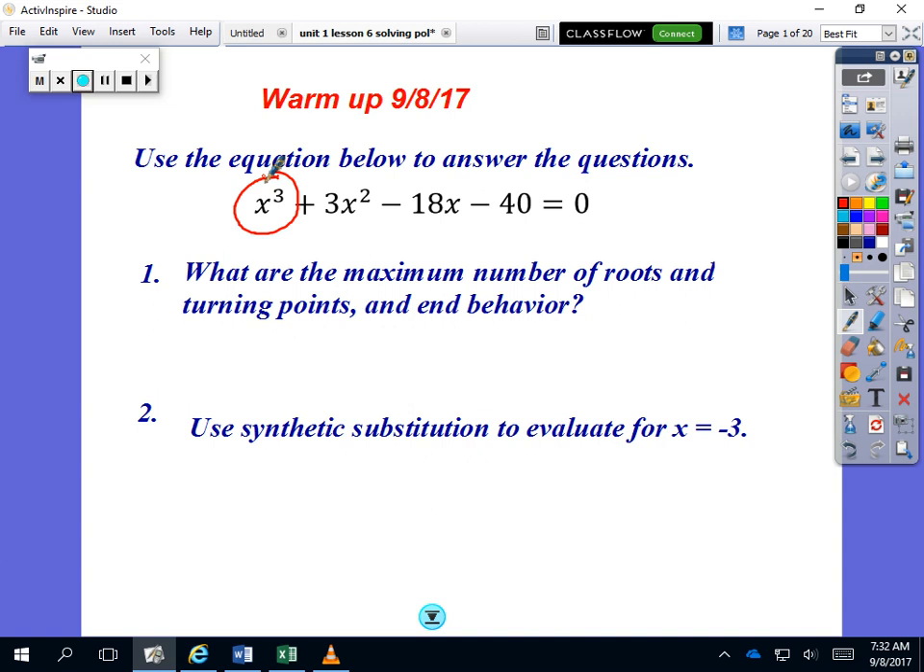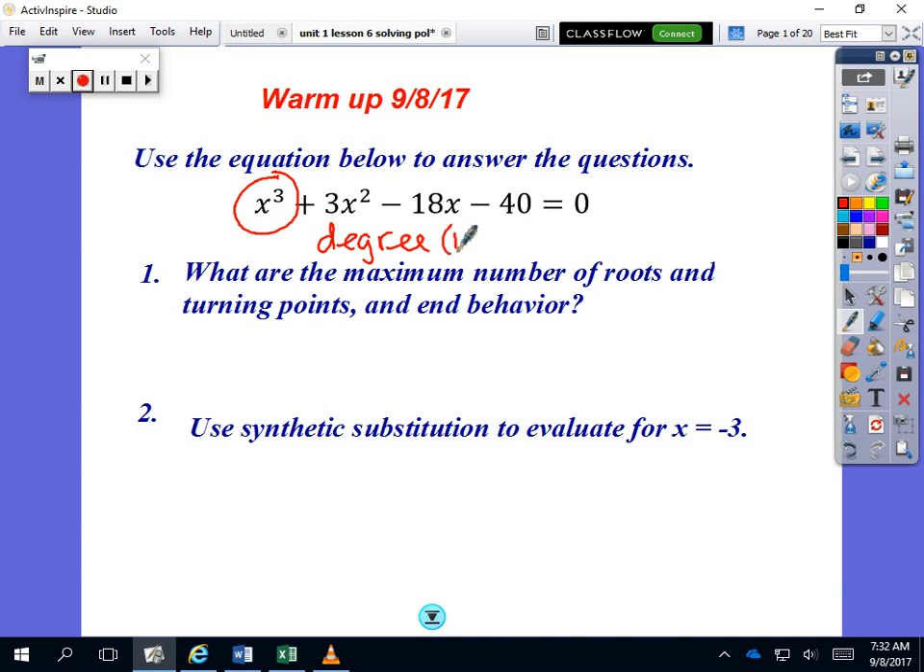That's all you're going to need is the first term. And it's not the first term as written, it's the first term when the polynomial is in descending order. So that's highest to lowest power. To find the number of roots and turning points, you just need the degree of your polynomial, which is the highest power. So the degree,